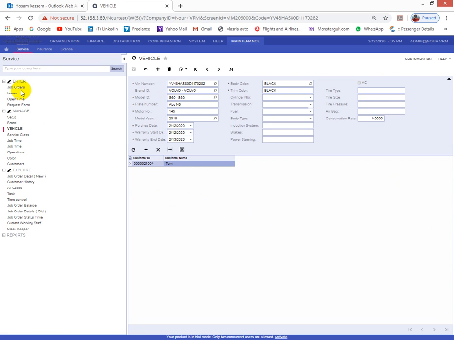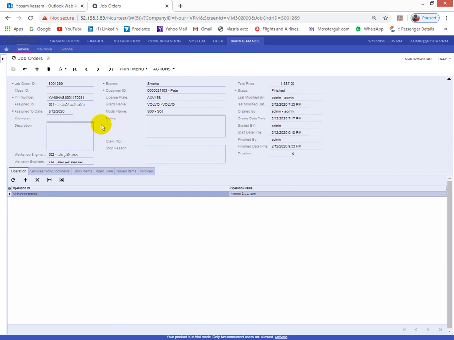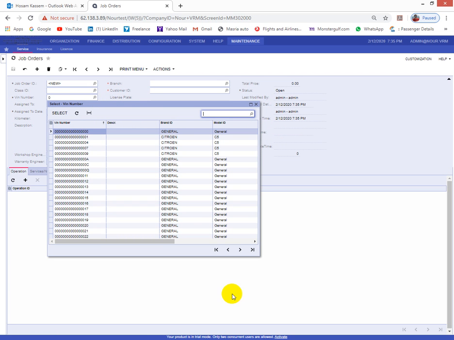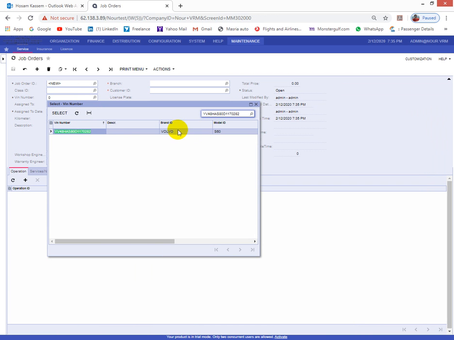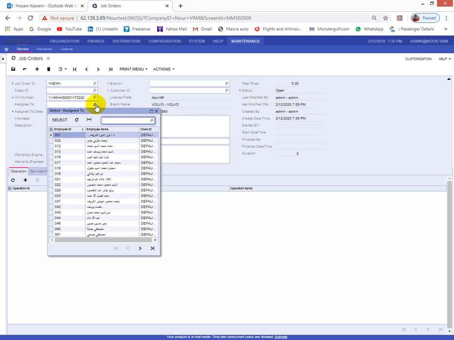Now we're going to create a new job order. Here we first select the VIN number. We can add our VIN number here. We will check this license plate ABC and brand name Volvo and model name S60. This is generated automatically. Now we're going to assign a reception engineer,